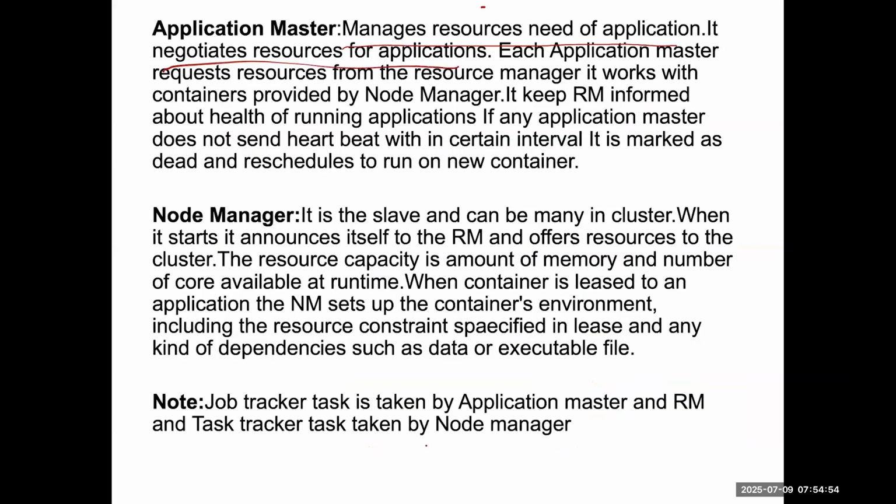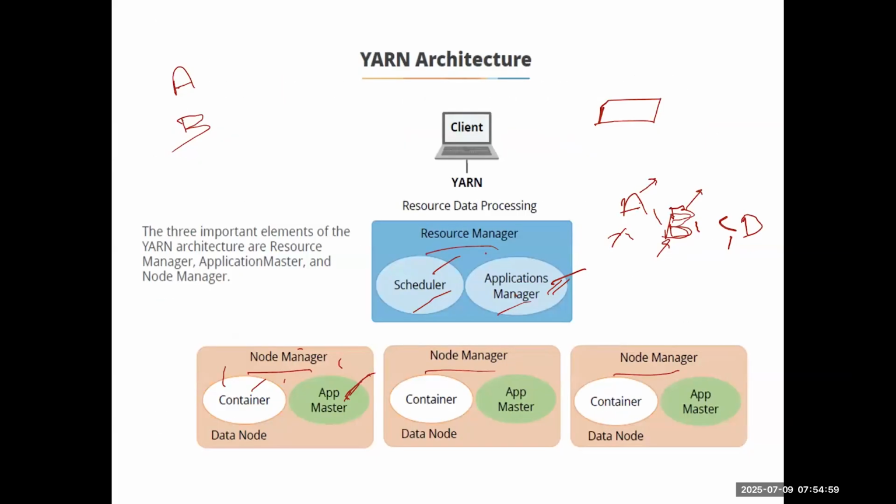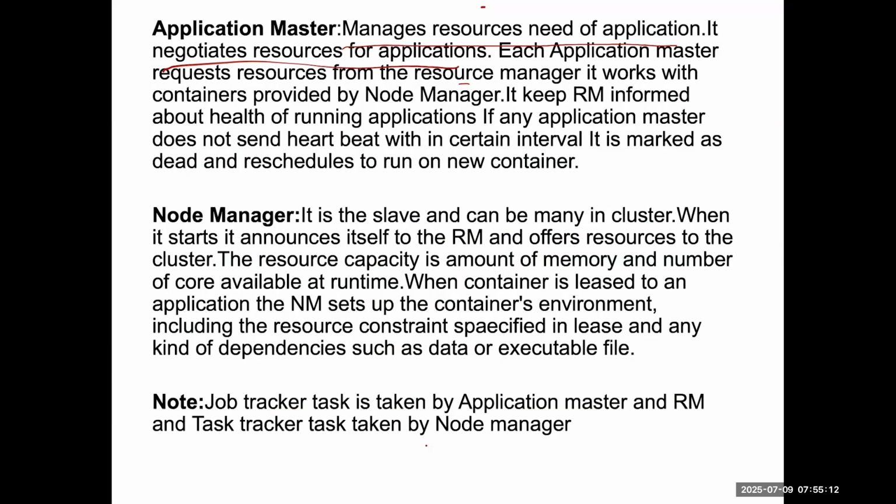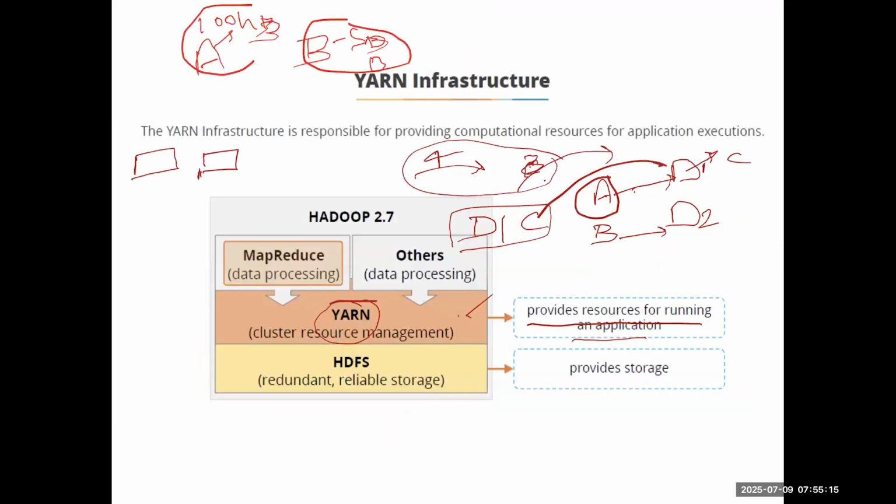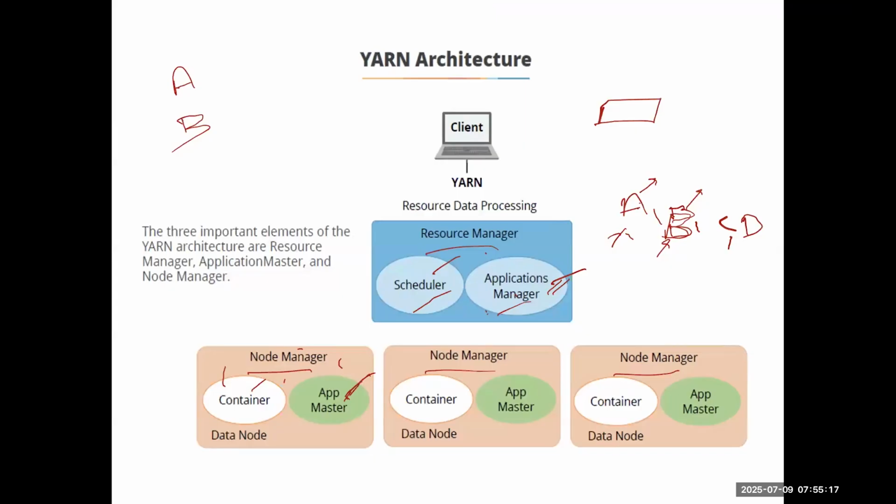Okay, actually, what will the application master do? It will request the resources from the resource manager. See, the application master is on the node manager. So what will the node manager do? It will request the resources from the resource manager, and once the resources are provided... let's suppose you submitted one job, okay? Then what will the application master do? It will ask the resource manager for the schedule for some of the resources, okay? And once the resource manager gives it, okay, this is the resource, we call that resource the container.